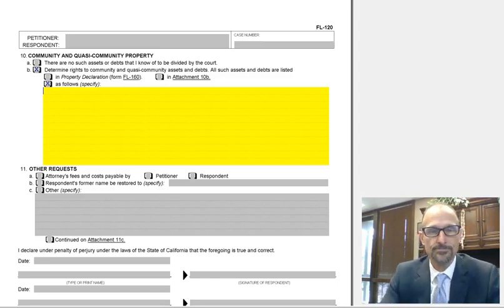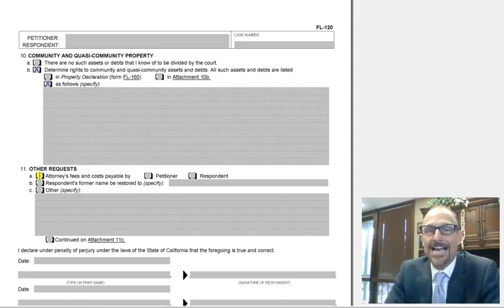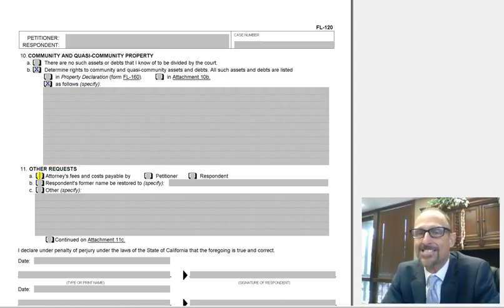Okay, then we're going to move on to other requests. 11A is asking for the other party to pay for your attorney's fees. Or if you want to be kind, you could mark yourself to pay attorney's fees for the other side. So be careful here. You don't want to mark the wrong box. If you want to ask the court later